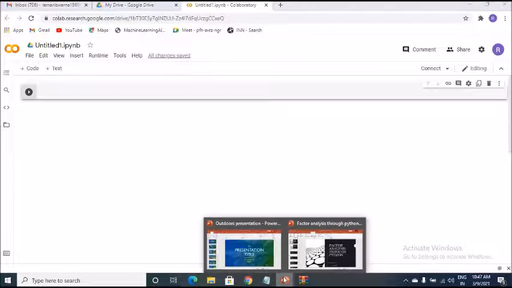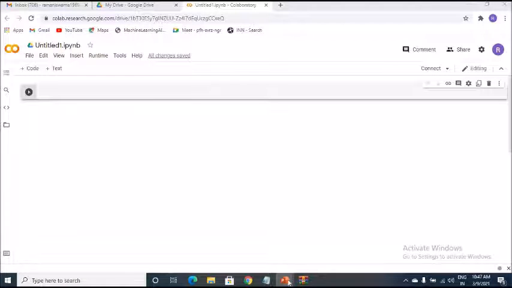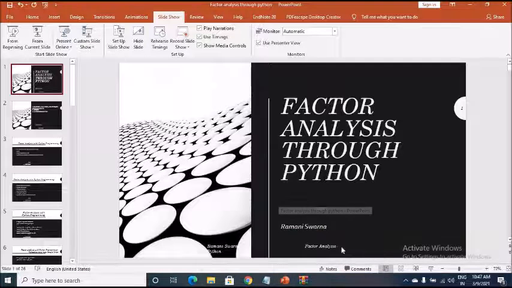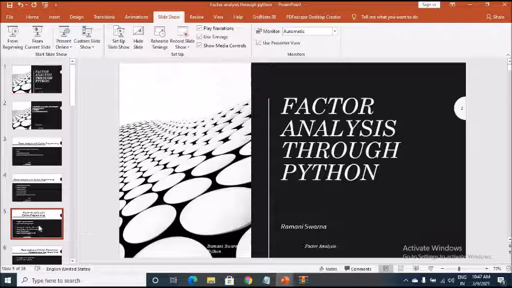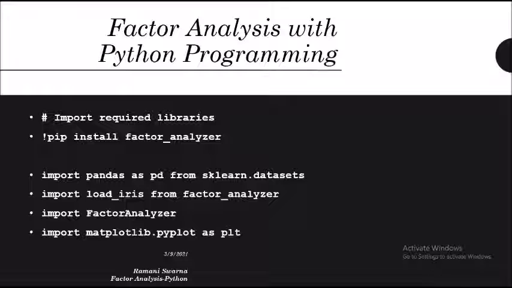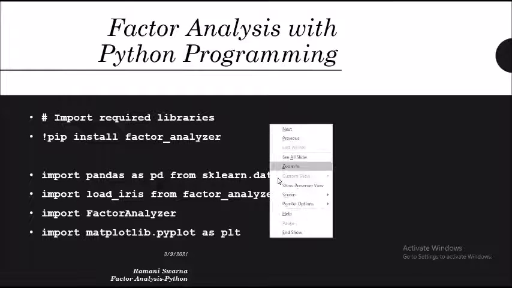In my last presentation I showcased the libraries as well as the packages that you need. Here you can have a look at them. Import required libraries: this is the step.